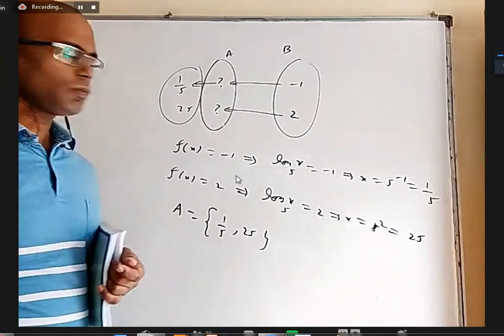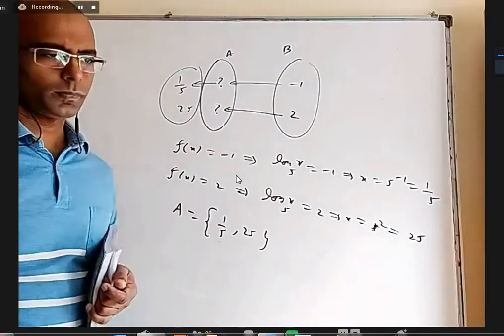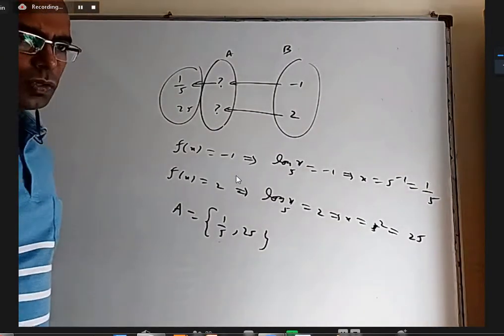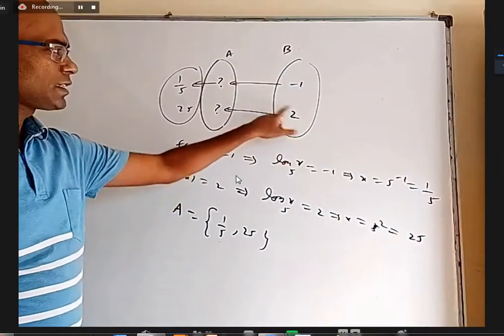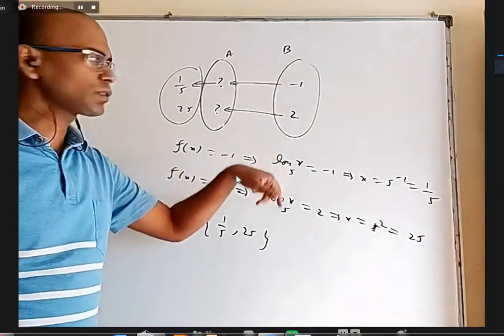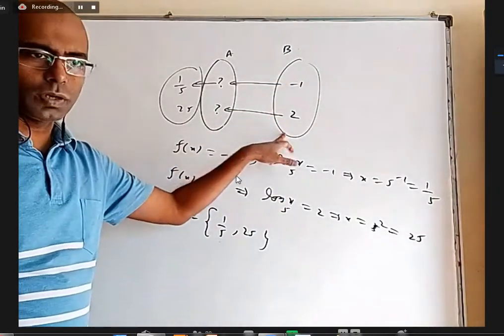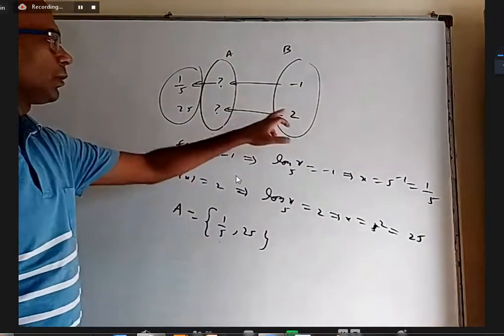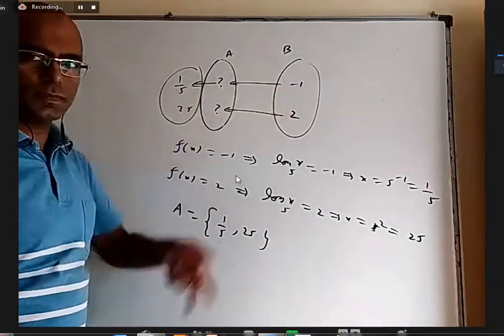Now one may say, what role does onto have here? It has a role because if it is not onto, why should this number have a pre-image? In onto function only, every element in the codomain will have a pre-image. If it is not onto, maybe this doesn't have a pre-image, only this has, or something like that.